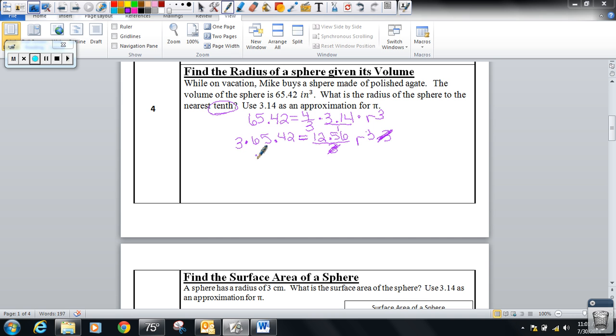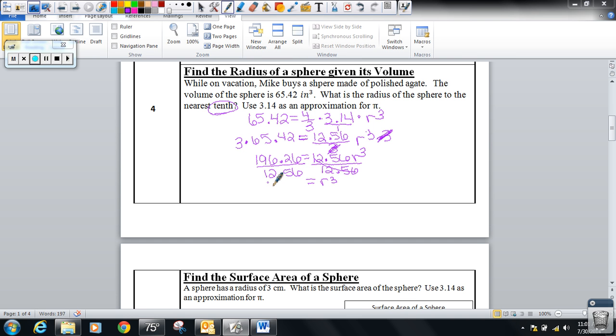So that gives me 196.26 is equal to 12.56 r cubed. Now the opposite of times 12.56 is to divide by 12.56. My 12.56 cancels out, and I'm left with r cubed